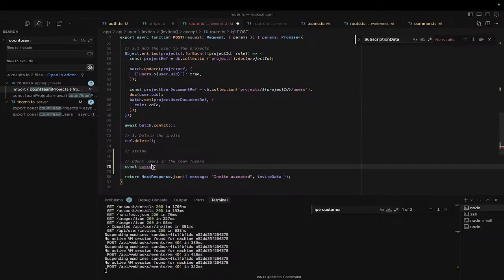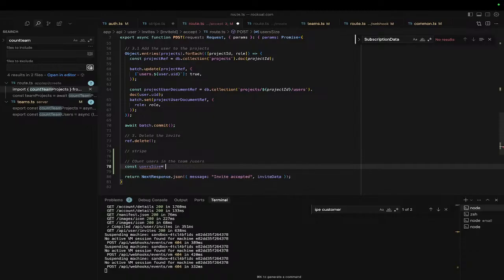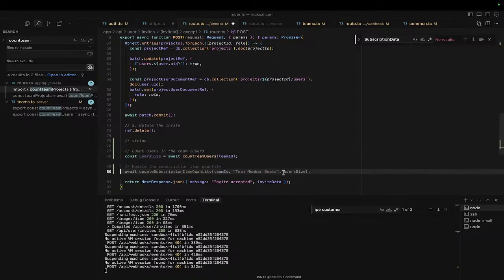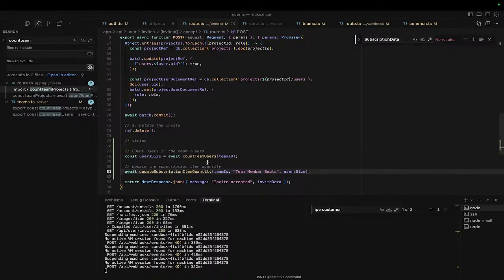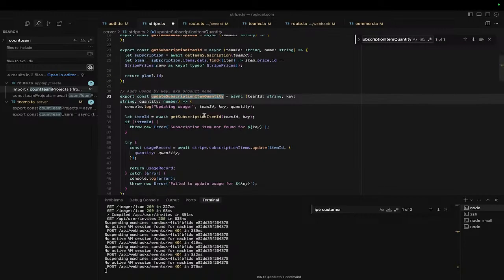Accept. Alright, so then what this function does is it gets the subscription item ID, and then